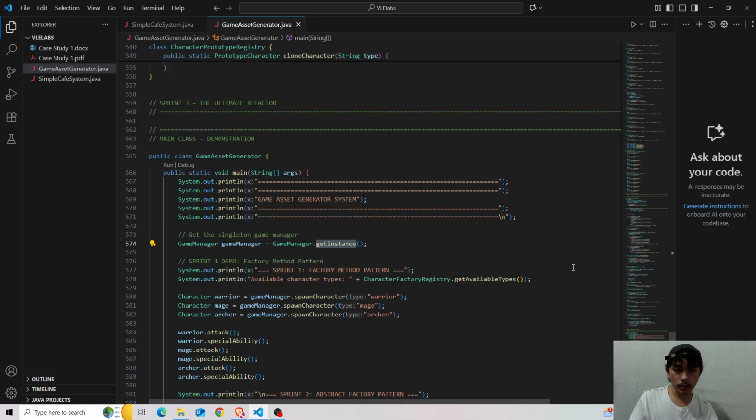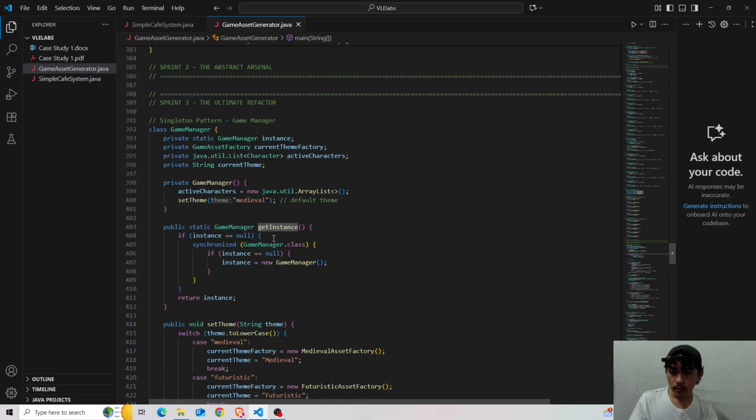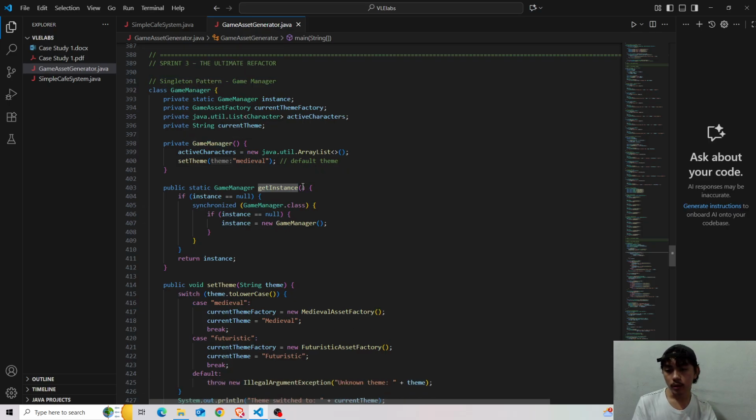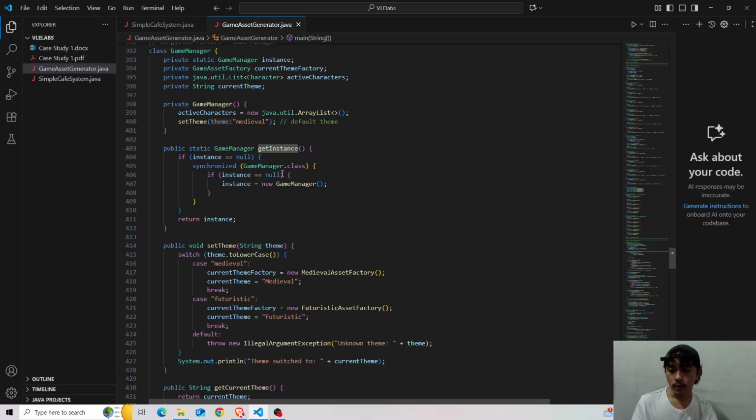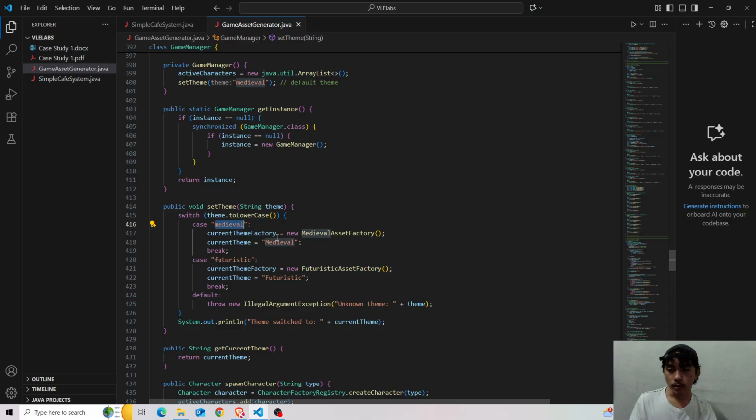So for the get instance, let us just go back here. If the get instance method doesn't identify any running instance yet of the game manager, then it adds it as an instance.